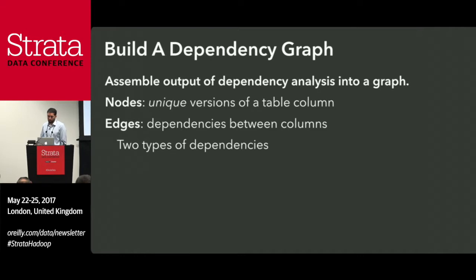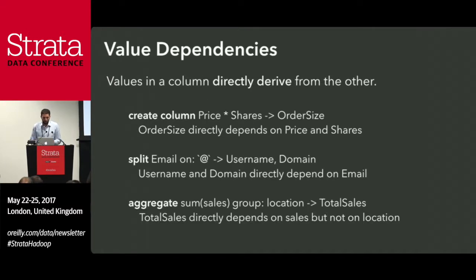And then we're going to make an edge between columns if during a single transformation step, there's some dependency between the input columns and those output columns. And for the purpose of this talk, we really focus on two types of dependencies. The first one we would call direct or value dependencies. And the idea here is that when you produce a new attribute or metric, it might directly depend on values